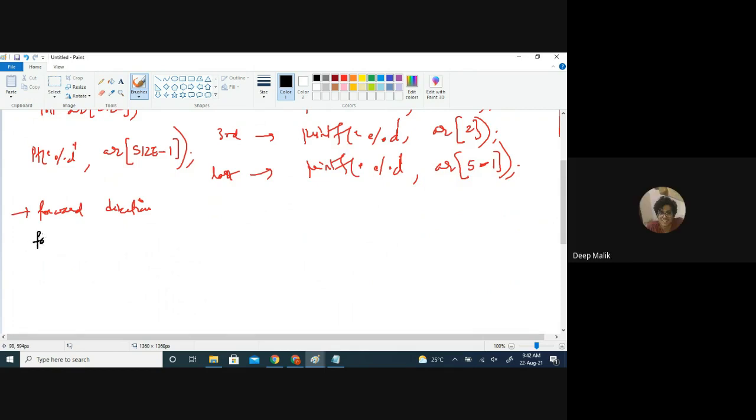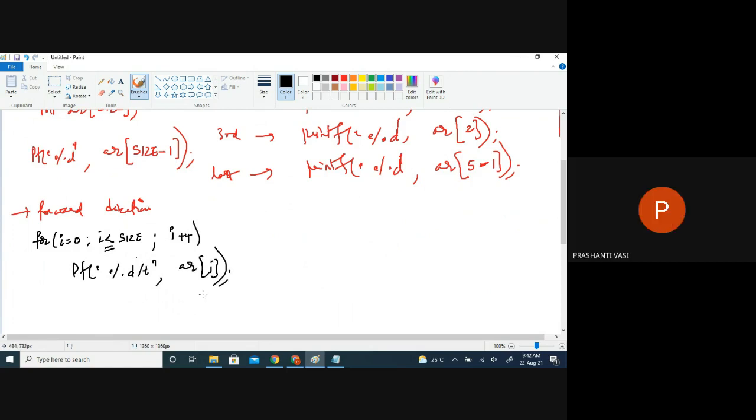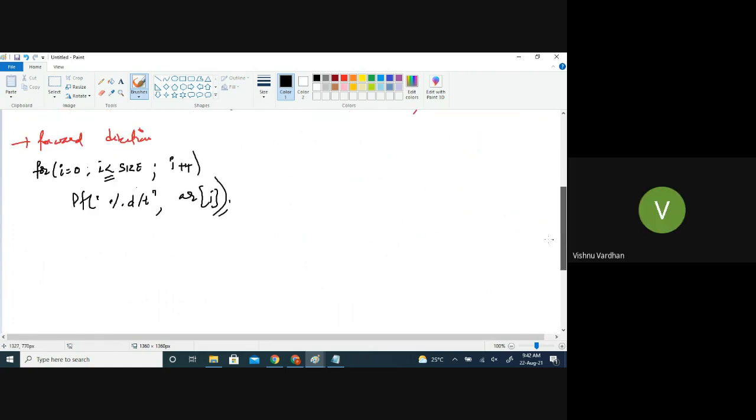A for loop: i equal to 0, i less than SIZE, i plus plus, and print ar of i. If I have to do it in a reverse direction, we should take i equal to SIZE minus 1. This you should not forget.